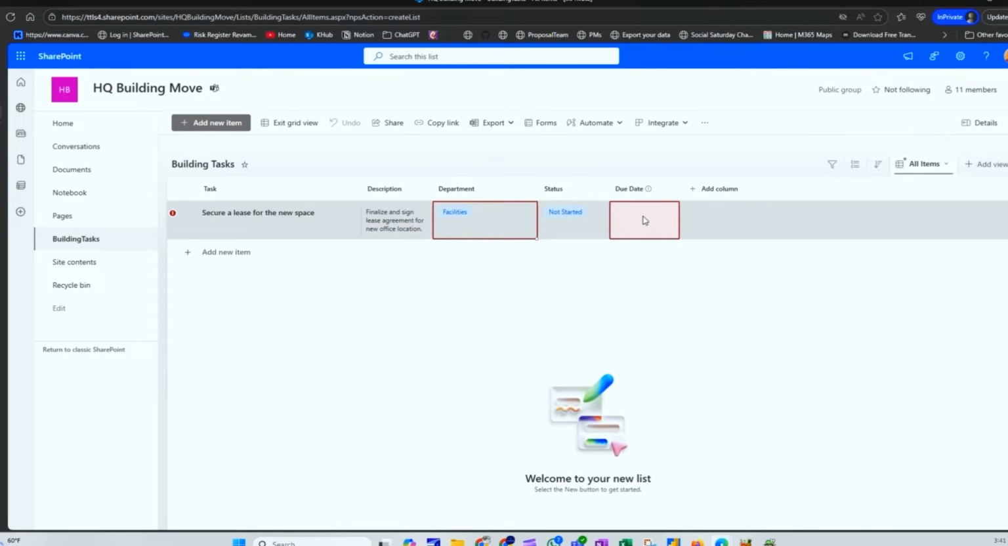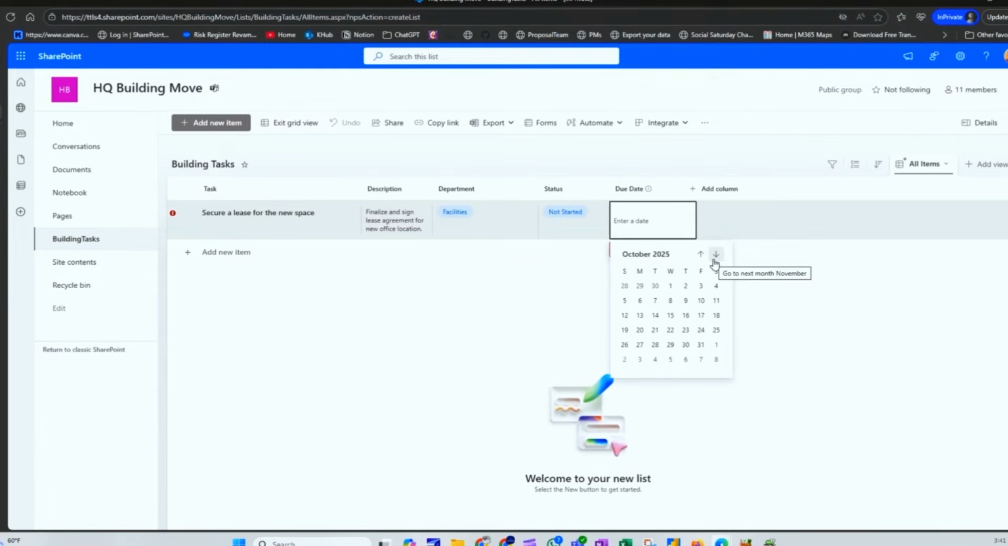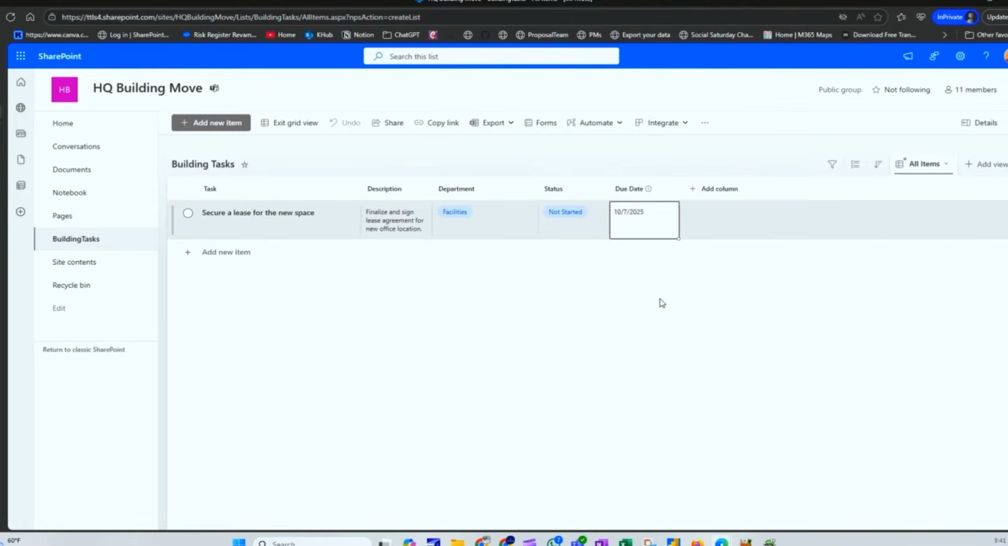And then we have to pick a due date. I click into it. I get a calendar. I'll move this down to October 7th. Right? Like that's when that's due. The reason all that stuff was turning red is because they are required columns and SharePoint wants you to put the information in there and not save it without putting that information in there,